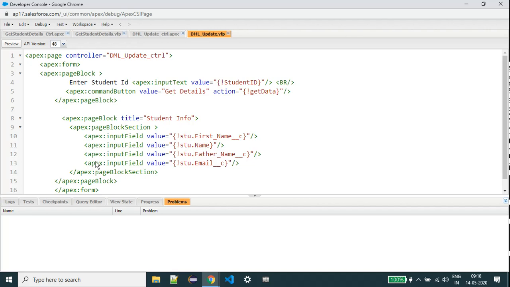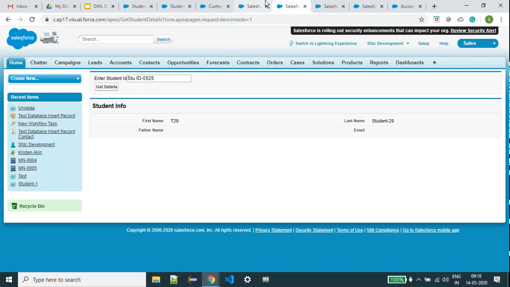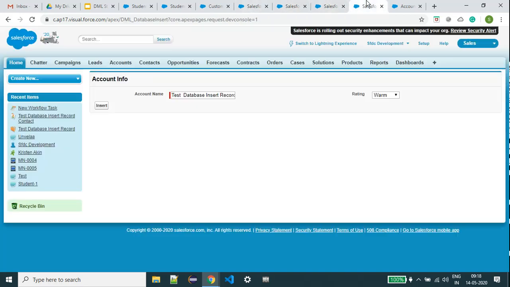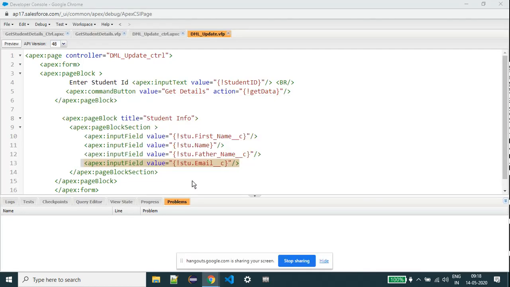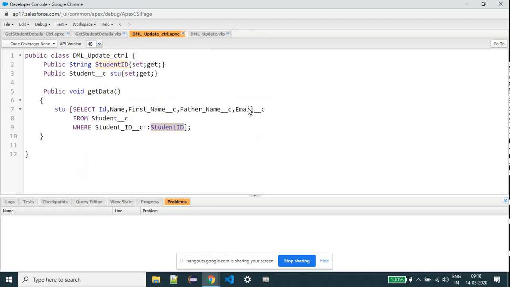We can discuss that later. In the query for student update fields, I'm going to handle the date of birth. In the query also I'm adding the date of birth.